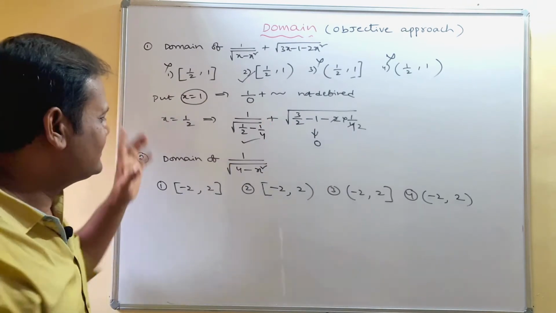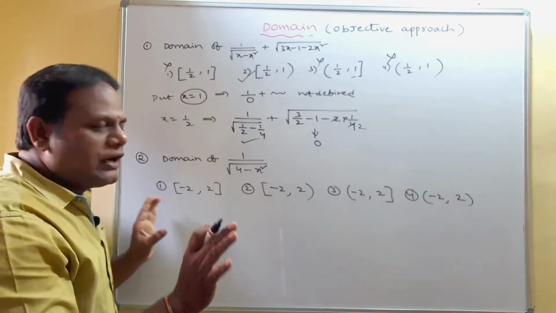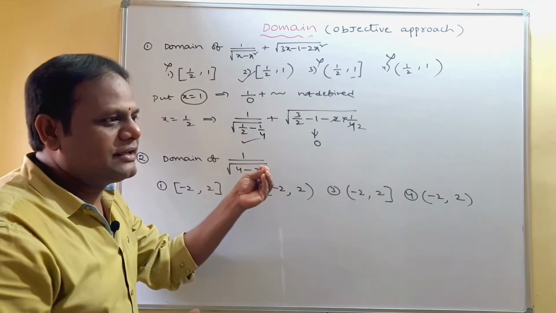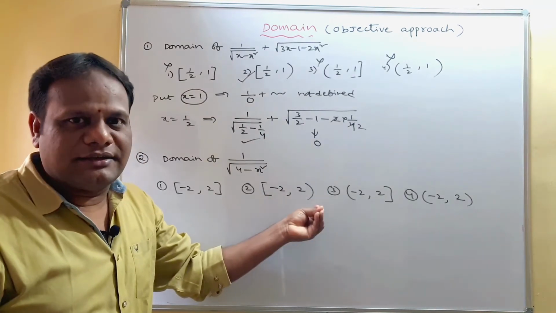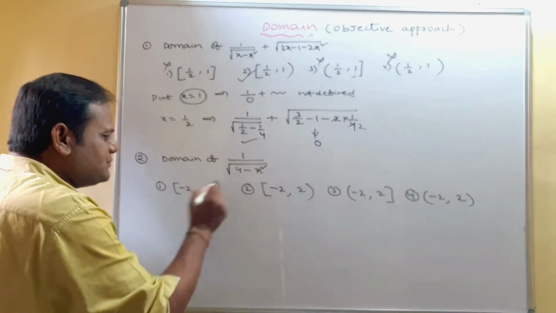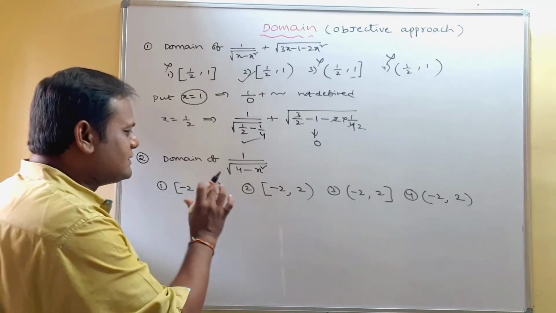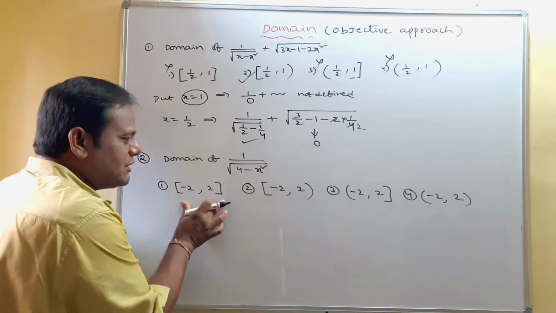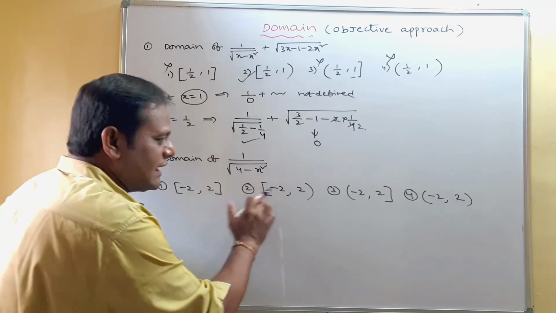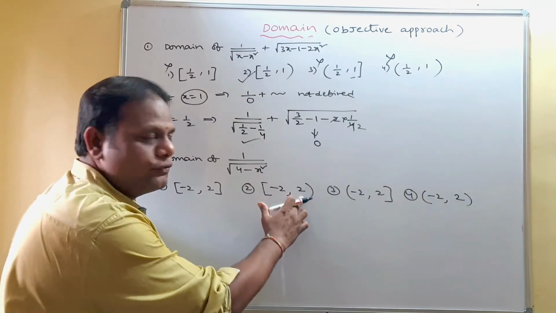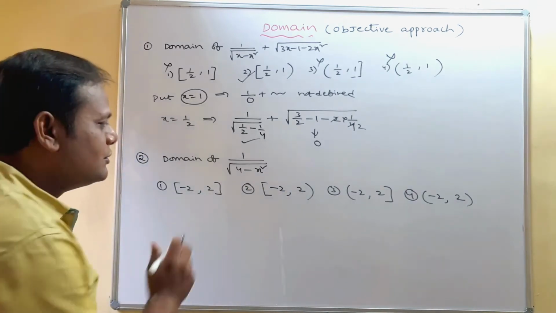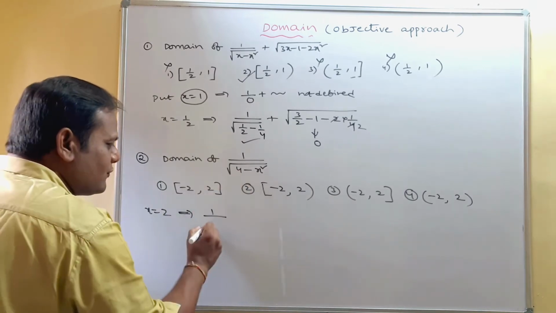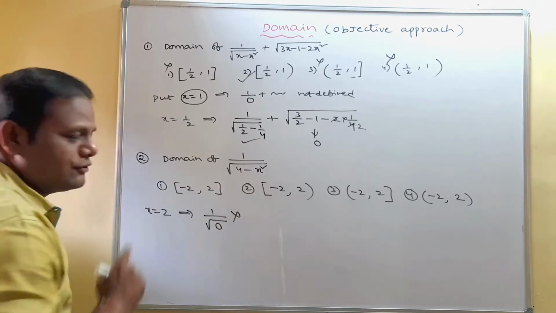Is it clear? Yes. Coming to this problem, I don't want to give the subjective method. Only we go for verification and I try to give the answer. Now, again observe all the options and try to observe the difference. In the first option we have 2. In the second option we don't have 2. Why? Because for 2 there is an open interval. So put x equal to 2. What happens for the function? If I take x equal to 2, in the denominator we have 0.